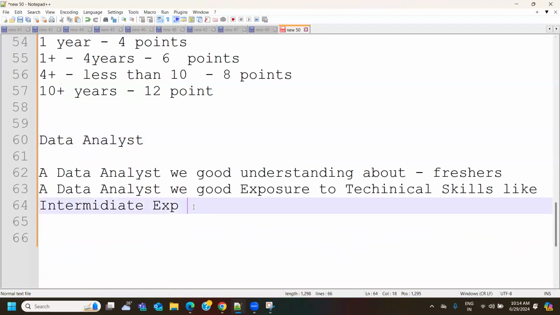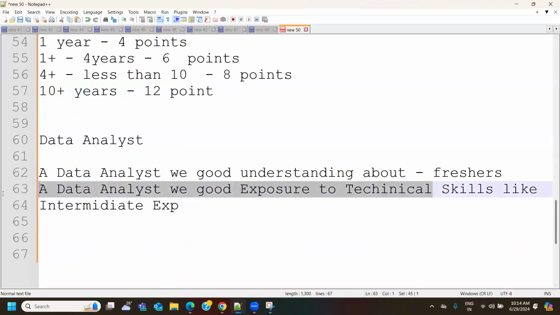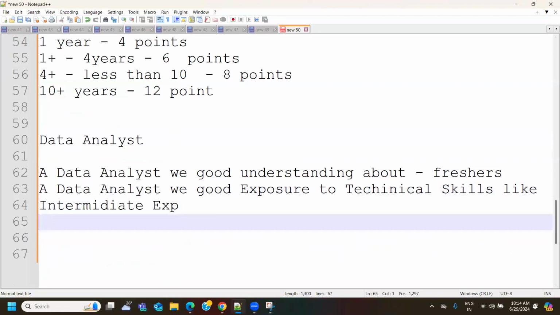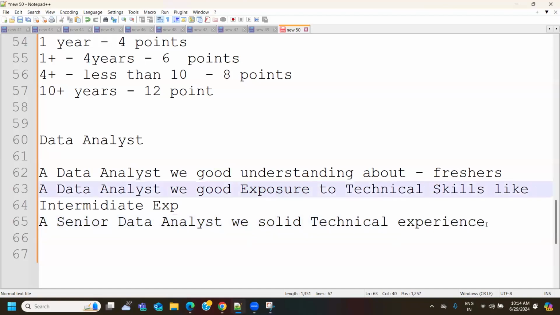Now, once that is done, for the people who have very good exposure or expertise in this field, or who have 10+ years of experience, a senior data analyst with solid technical experience, this line should be the first component.